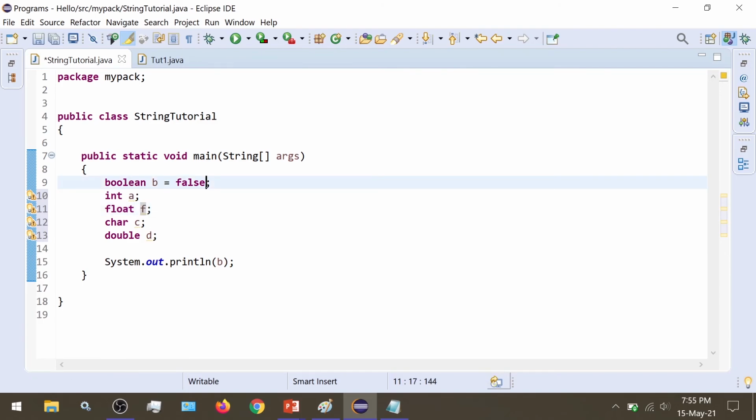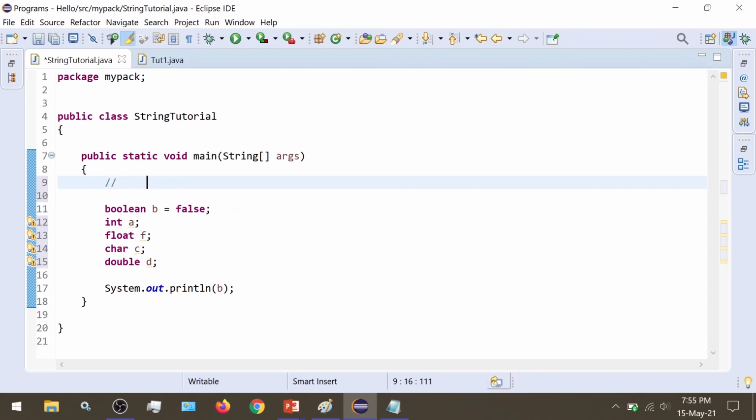And in the end, we have a semicolon. This semicolon symbol is used to indicate the end of a statement. It is beside the enter key on our keyboard. So whenever a program executes, it goes line by line. It will first come into our code file and see the first line, then execute it, then go to the second line, then third, then fourth, so execution is done line by line of the program.